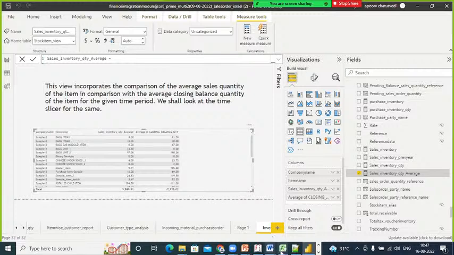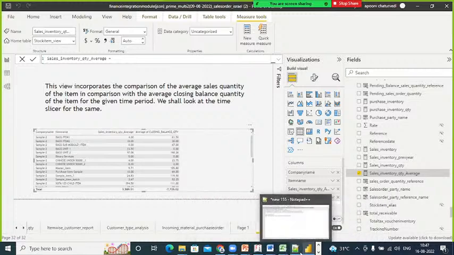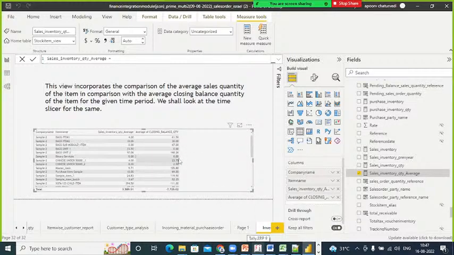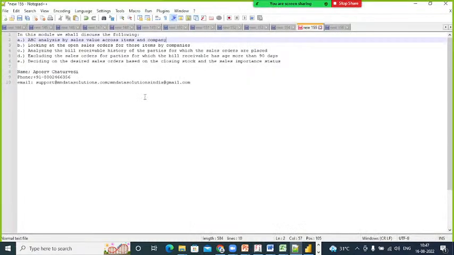Right. Now your ideal scenario is, which people actually say, look, okay, fine, if my average closing balance quantity is this much, my sales is this much, so 3 times the sales should be my closing stock. This is where the whole analysis goes and stops. But we will do something more in depth. What we would seek to do is,